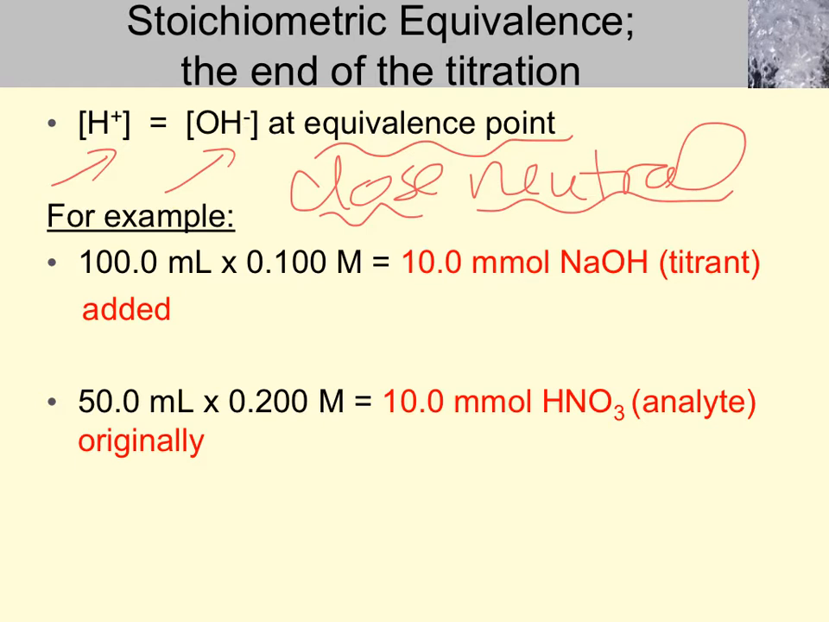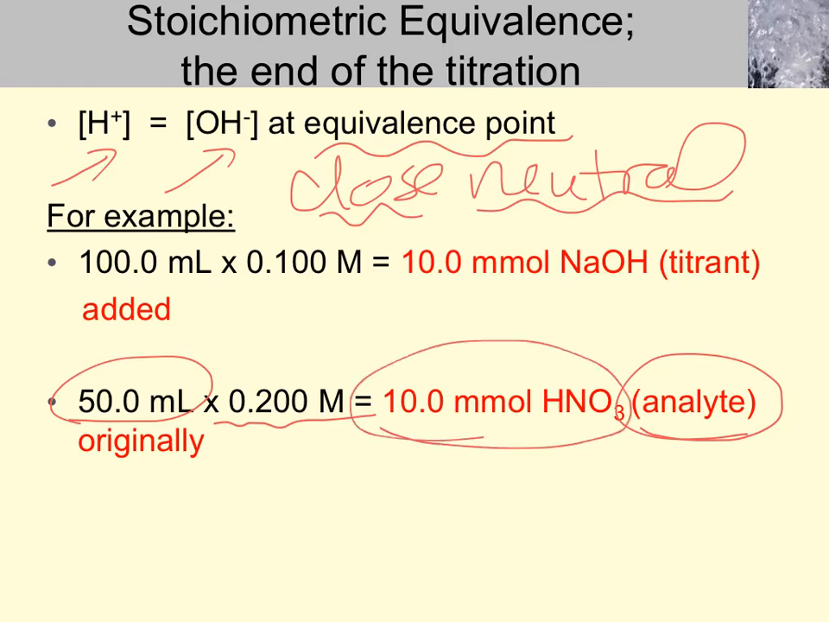All right, so let's look at an example quantitatively because there are a lot of calculations involved in a titration. Let's say that we started with 50 milliliters of an analyte, and let's say we happen to know the concentration, just for calculation purposes, and it was 0.2 molar. That means we started with 10 millimoles of